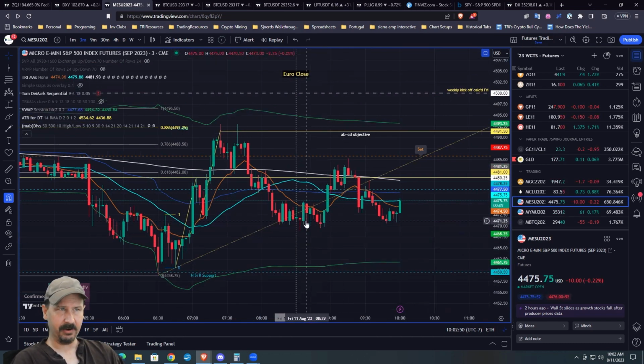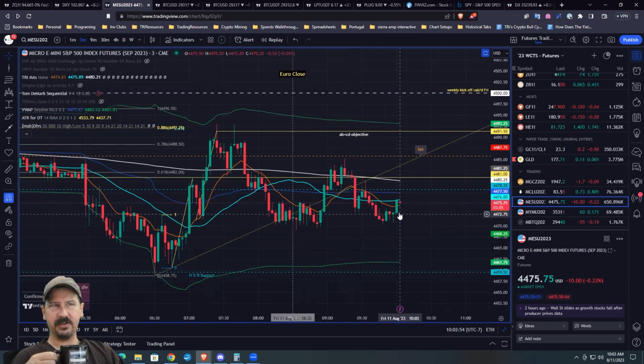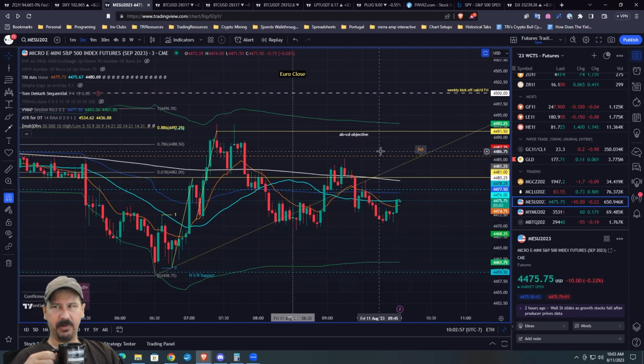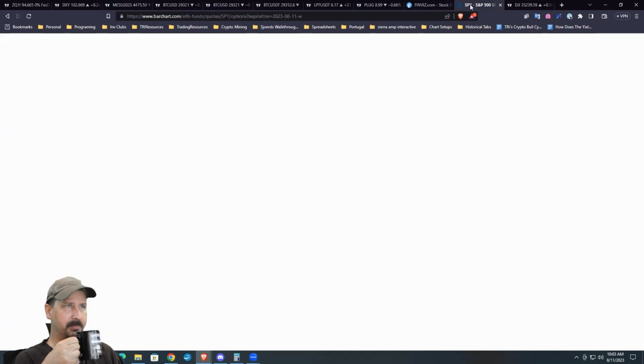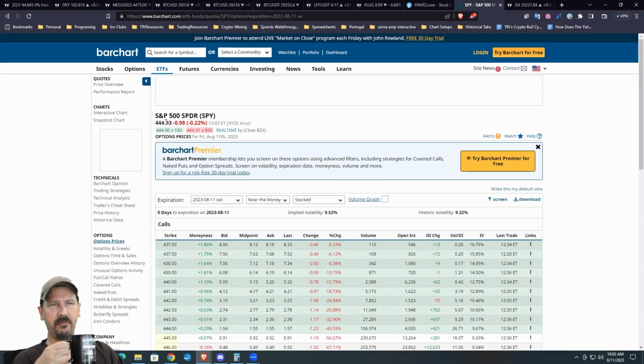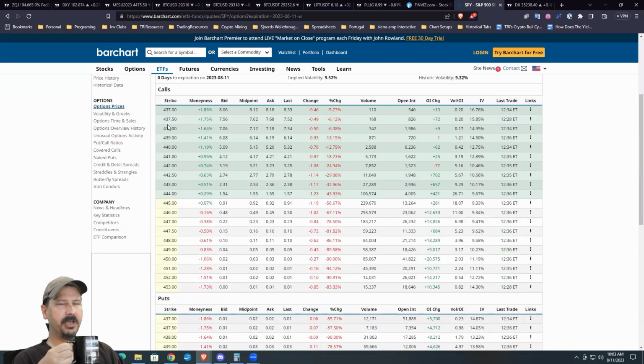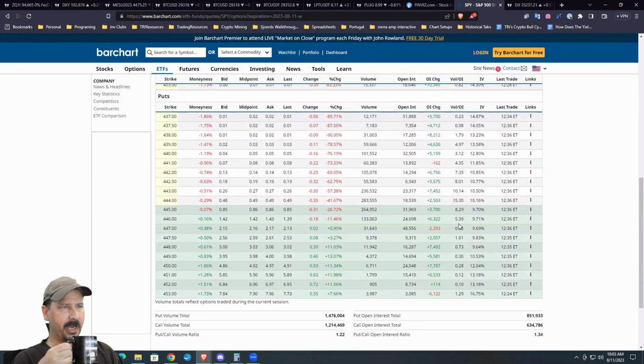And then remember we said earlier, does Wall Street have some incentive to maybe bid this market up a little bit into the options expiry here today? We go look at our S&P 500. We're at 444.93, 444.91, down a buck. Where do we expect these guys to want to take this market out? Where's the heaviest open interest? Can you see how Wall Street's got their nuts in the wringer here? All the way up to 447.